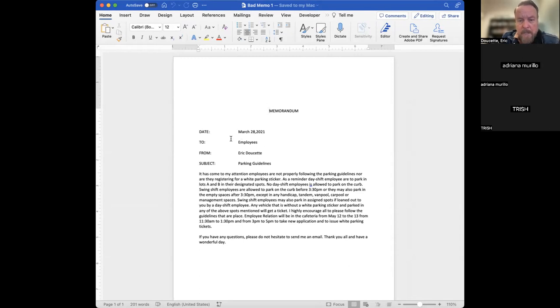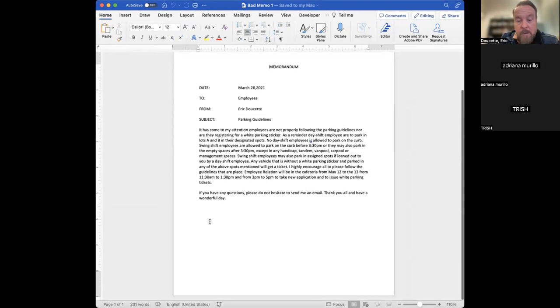The memo is formatted correctly as far as it says memorandum, and it has the double-spaced title block at the top. So that's good. However, there's no initials at the bottom. Memos always use initials at the bottom. And then look at the body of the text. It's just one big, long paragraph, right? So this is a poor example. They didn't use any design elements to improve readability. They didn't use any headings, any bullet lists. They didn't use short paragraphs. They did use a single space paragraph, so I'm proud about that, but that's the only thing they did right.